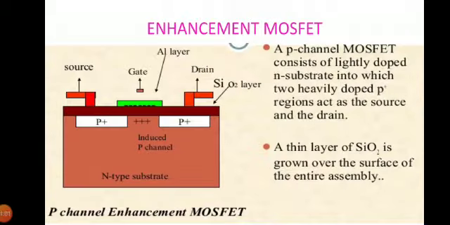Now let us see the construction of enhancement MOSFET. Here the two highly doped N regions are diffused into a lightly doped P-type substrate. The source and drain are taken out through metallic contacts to the N doped regions, as you can see in the figure. But the channel between the two N regions is absent in enhancement type, whereas it is present in the depletion type MOSFET, which we'll see in the next few slides. The SiO2 layer is still present to isolate the gate metallic platform from the region between the drain and source, but now it is simply separated from the section of the P-type material.